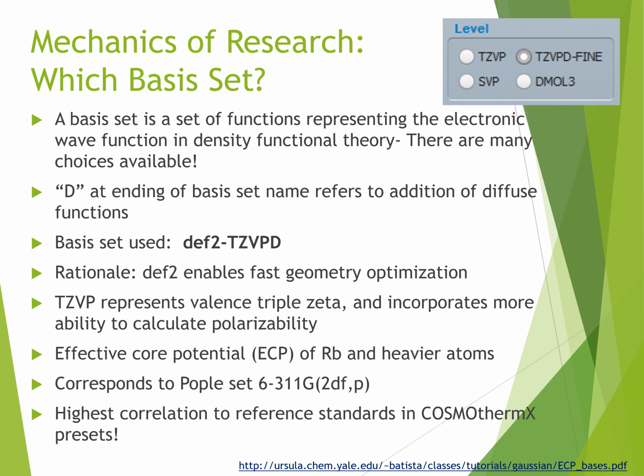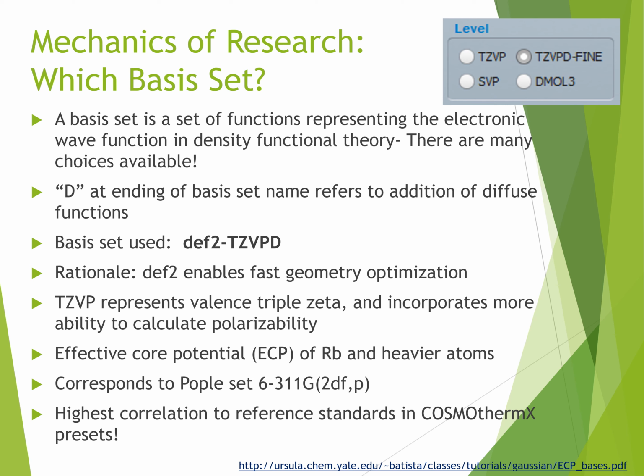If you see a D at the end of the name of a basis set, this refers to the addition of diffuse functions. Diffuse functions are shallow Gaussian basis functions that reflect behavior of the tails of atomic orbitals distant from the nucleus. These improve representation of the anions or of transient negative charges, as may occur on oxygen atoms or in large intermolecular systems.